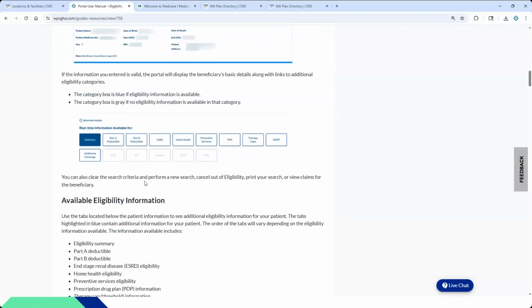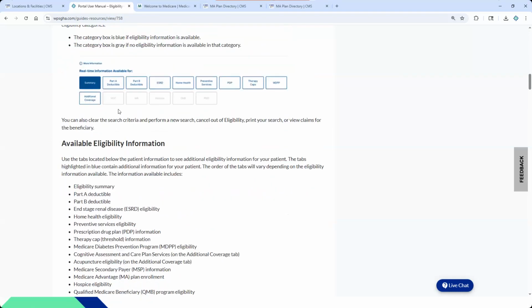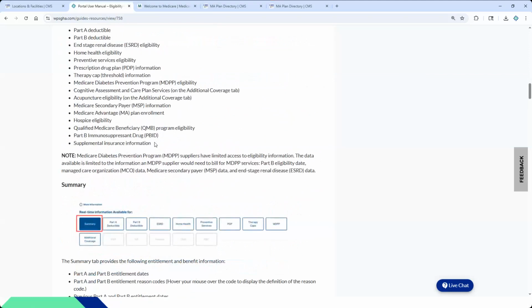When we scroll down a little bit further, you'll see that all of the eligibility tabs are laid out. And you can see that in this person's case, MA, which is here, is a light gray, washed out, very hard to see. That's because they don't have any MA plan information. If they do have MA plan information, it would be like one of the blue and white boxes above. If you see a dark blue box, that just simply means that's where you're at today. But I'm going to scroll down and find the MA section, or the Medicare Advantage section.